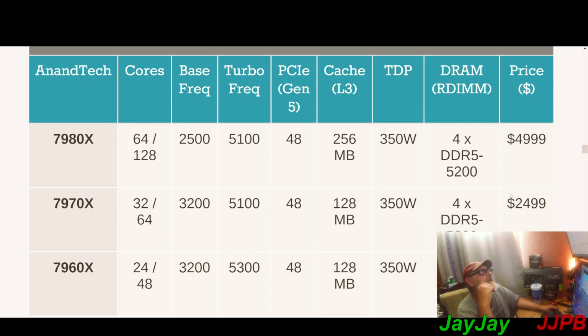The 7980X, the base frequency, they got it at 2500. And the turbo frequency, they got it at 5100. Looks like it's got 48 lanes. $5,000. And they brought out the